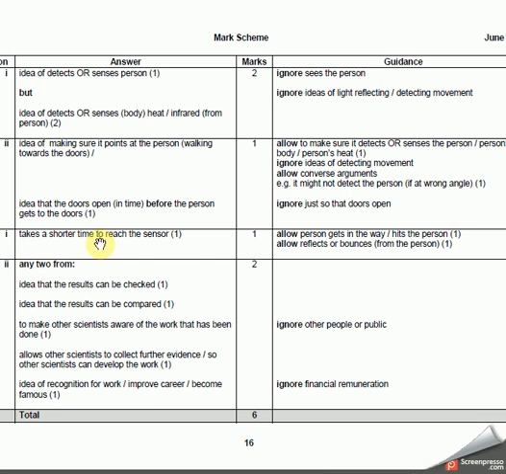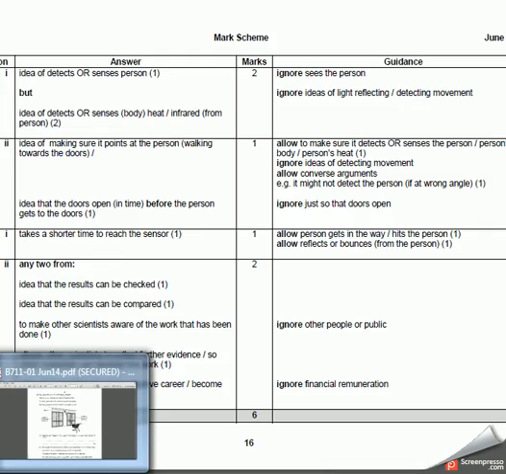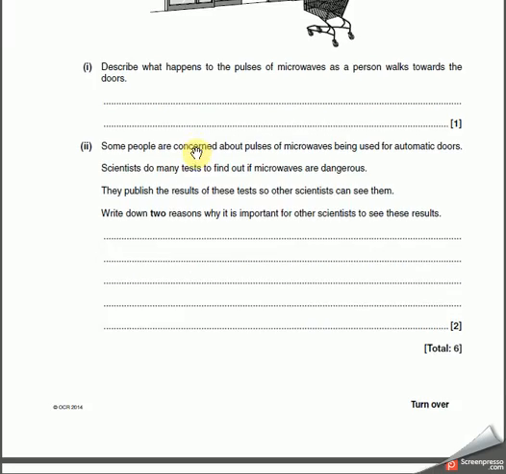In fact, that's what it says. It takes a shorter time to reach the sensor, because the pulse gets in the way of or hits the person. It reflects or bounces off the person. So that's essentially what you were looking for. Okay, right, now,